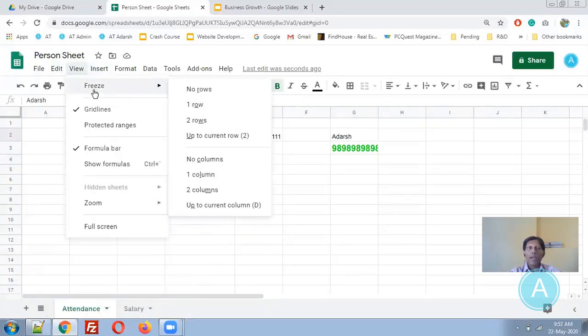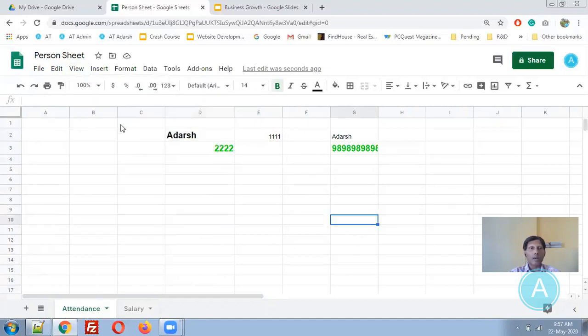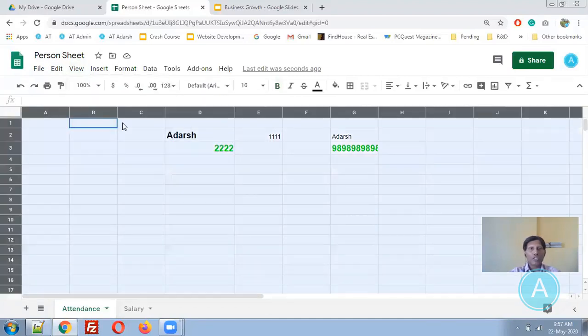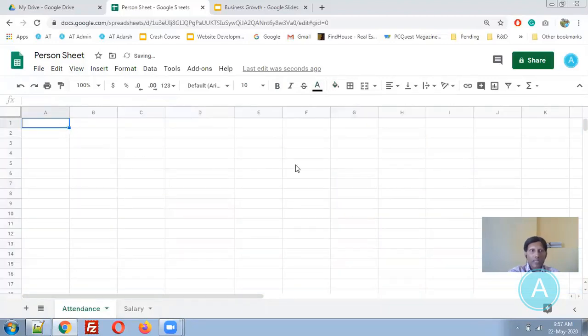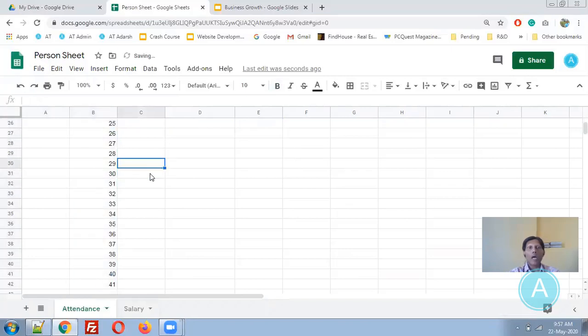This is freeze panes. Freeze panes is required whenever you are dealing with headings. For example, let me change this content. Let me remove all these contents, so I'm pressing delete. I'm resetting the font and the colors. I'm just putting serial number, name, address, mobile. Then I'm putting in random values, hundreds of values. Now you can see the things.